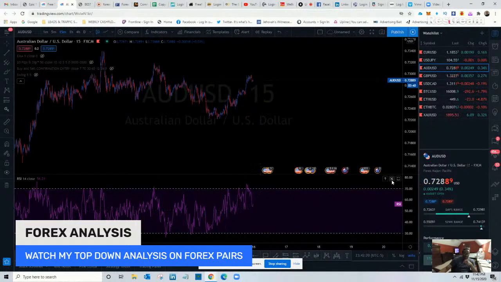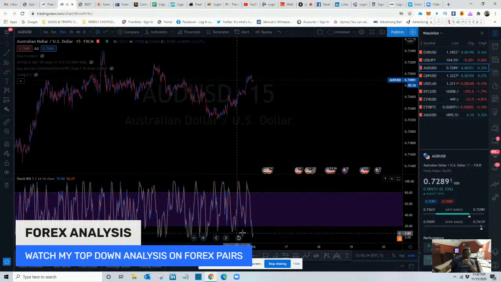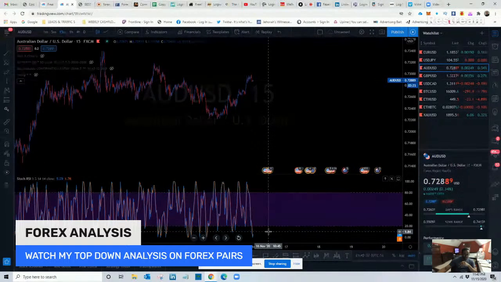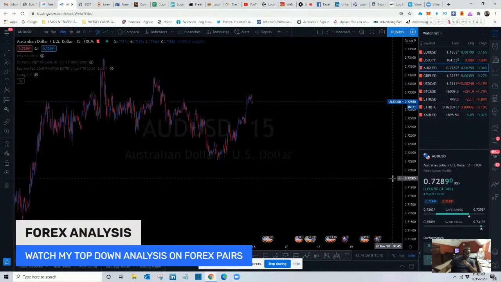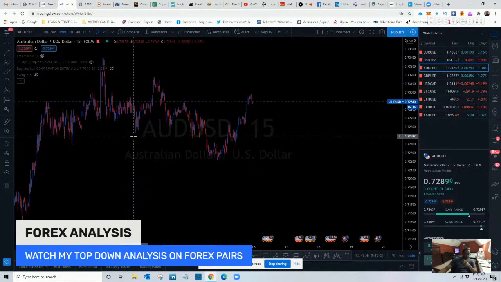So I'm going to look at the stochastic RSI just to kind of get an idea of where price is probably going to end up. Yeah, see, price is oversold. It's at the very bottom. Okay, so we're probably going to be able to get major movement. Okay. So before we even figure out how we're going to enter on the 15-minute,